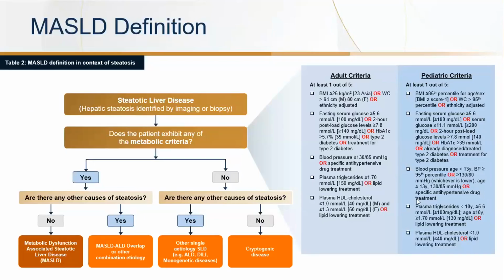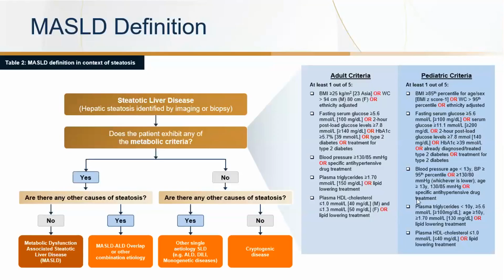A little bit further into the MASLD. So we get the steatotic liver disease, and then we go down our little flow chart. Does a patient have metabolic criteria? Our criteria over on the right, we have adult and pediatric criteria. You can look through there with the BMI, their fasting glucose or diabetes, blood pressure. It also incorporates their triglycerides and HDL, of which you only need one of those 5 criteria. Honestly, thinking about the patients that you saw today, I feel like most of your patients are going to have at least one of those metabolic risk factors.